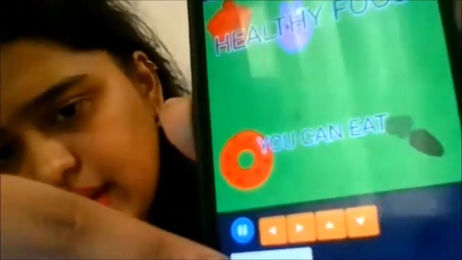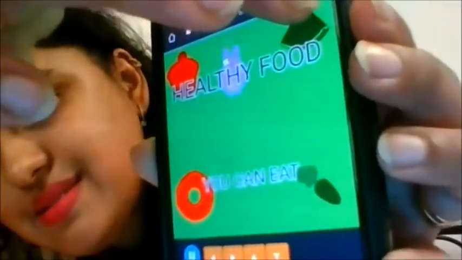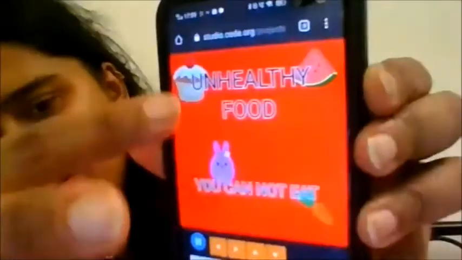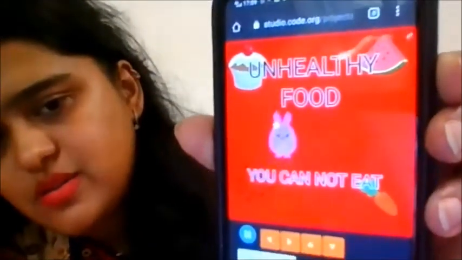And there are 4 types of food here. There is a cupcake, then another kind of cupcake. He's wandering all over the screen, and on the screen there are 4 types of food. One is the cupcake, the other one is another type of cake, and then there is a watermelon, and one carrot. So everyone can see that 4 types of foods are there.